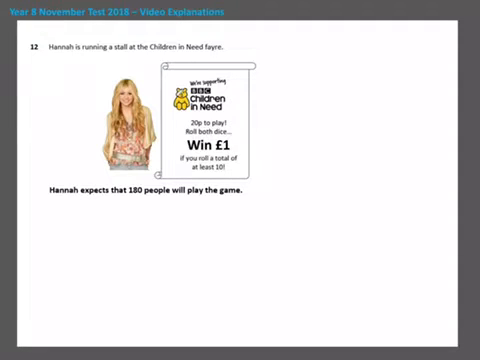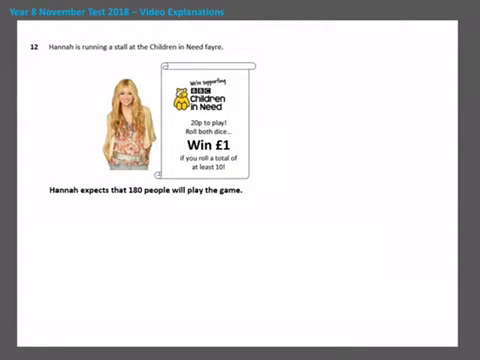So in this question, we're thinking about a practical application of our probability knowledge. Hannah Montana is supporting BBC Children in Need, and she's running this game where contestants have to pay 20p just to play, and if they roll both dice, they're going to win £1 if they roll a total of at least 10. To begin with, we were asked to use a possibility space to show that the probability